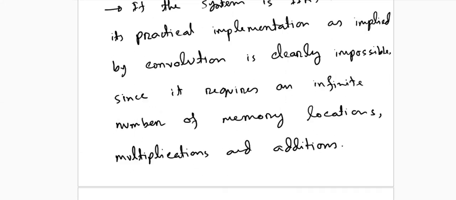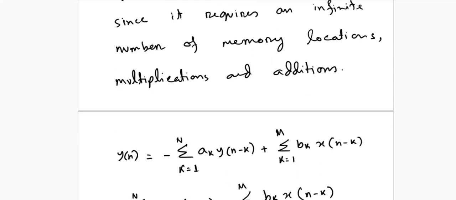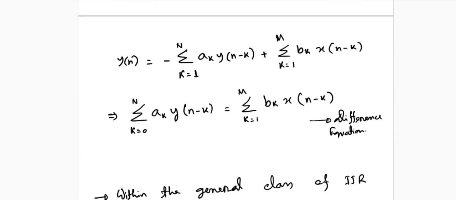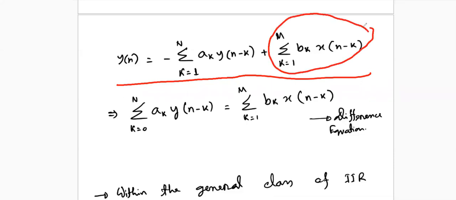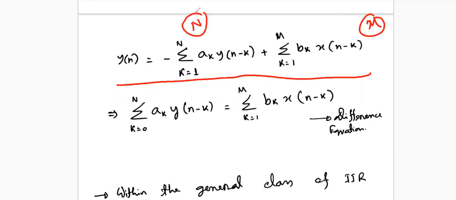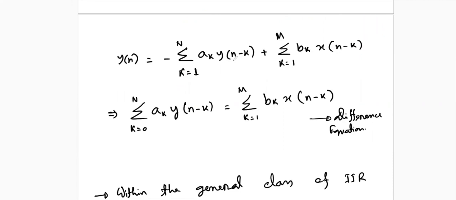Okay. Then what is the solution? The solution is the difference equation. The difference equation can be represented in general by these two equations, where you can see that we have input side, we have the inputs. How many inputs you have? Of course, you have M number of inputs, and we have N number of feedback. Why is it a feedback? Because as you can find that when n is equal to 0,